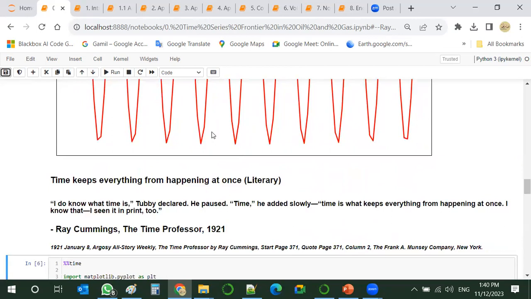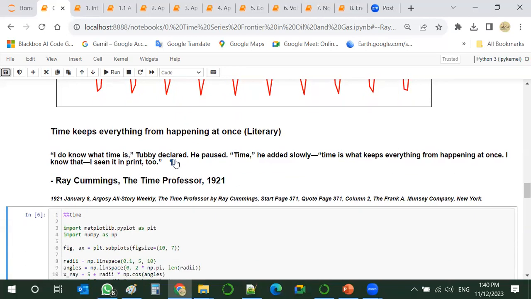Not only scientists, there are so many different concepts, we would say literary concepts, like Ray Cummings in his novel The Time Professor, 1921. He put this very nice quote: time is what keeps everything from happening at once.